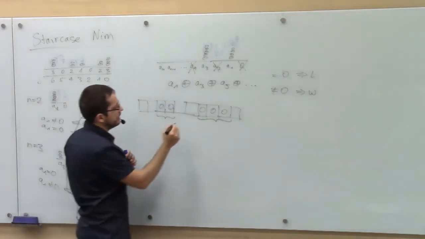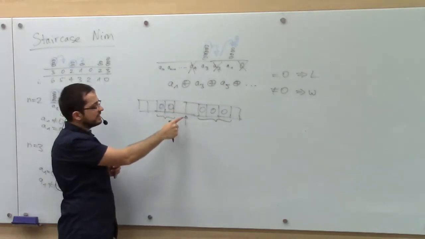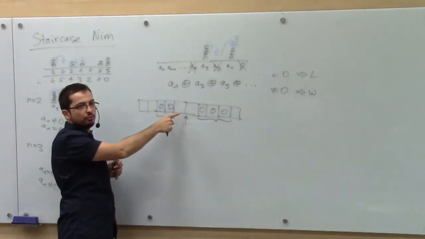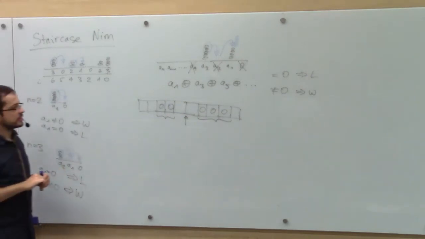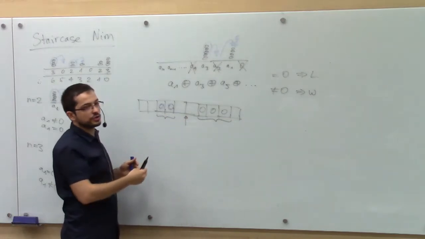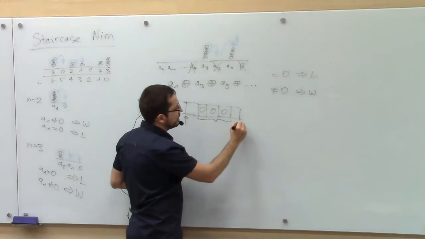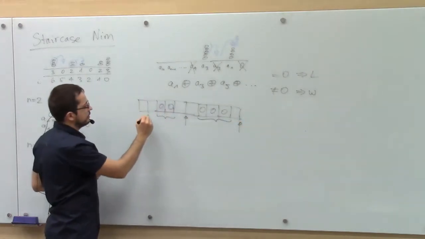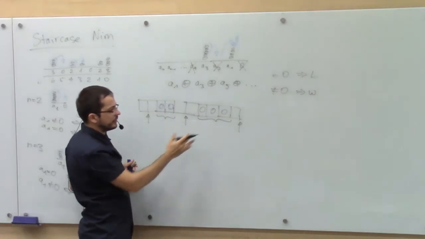So here we have two empty fields. So this is also a group, which is of size 0. If we have more than one empty field next to each other, we have some empty groups here. And here we have some group, and here also we have some group. So basically, we will